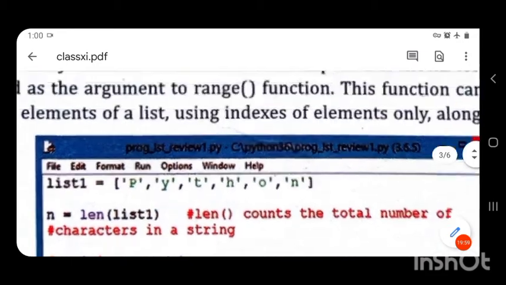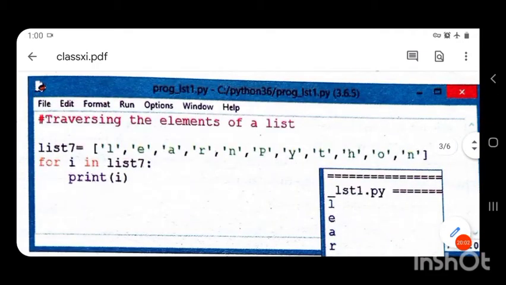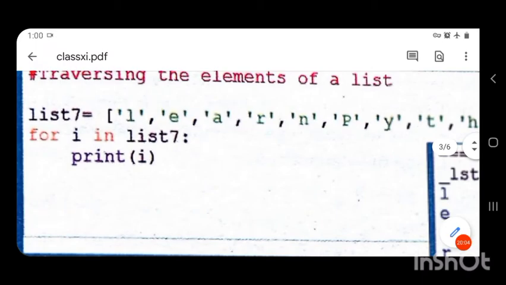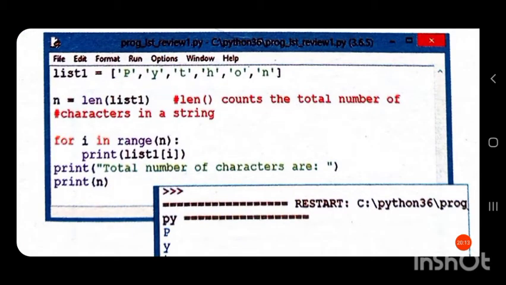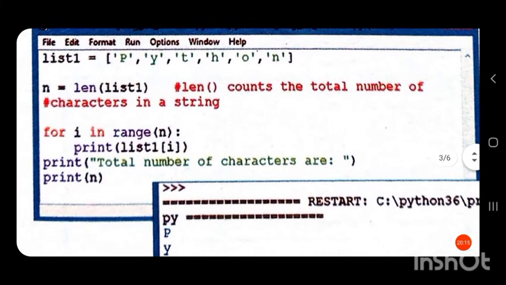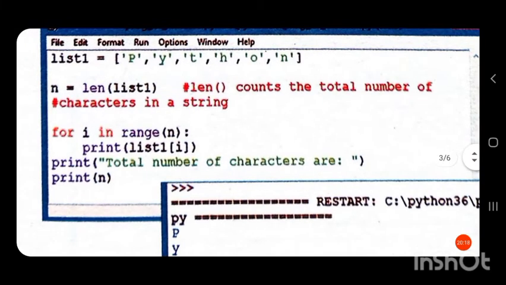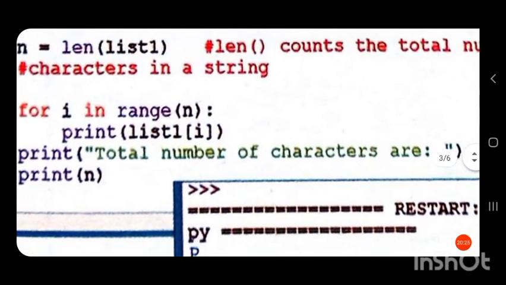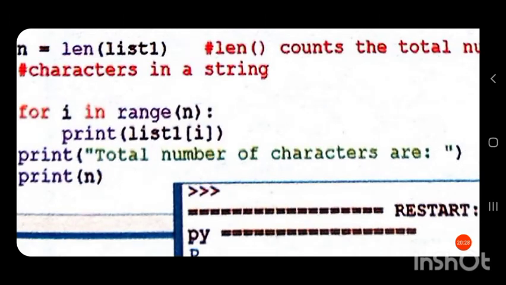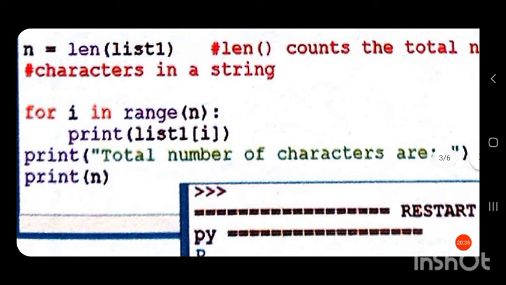You can identify the difference. Earlier, when we used the sequence directly, i would have the first element of that sequence. But in this case we are using a range function. The range function generates a sequence of integers, so i will have the first element of that sequence. The range function generated the sequence 0, 1, 2, 3, 4, 5, and i will have the value 0.